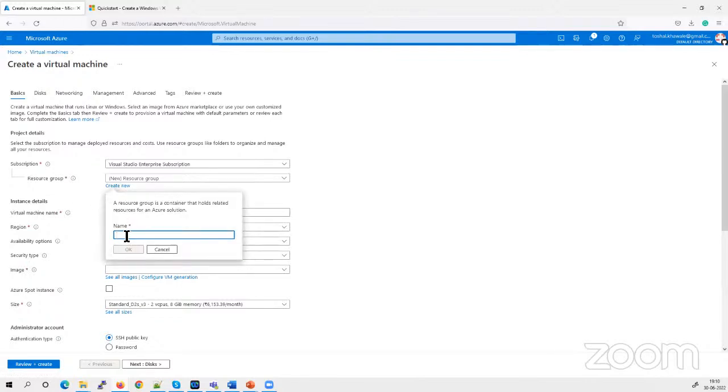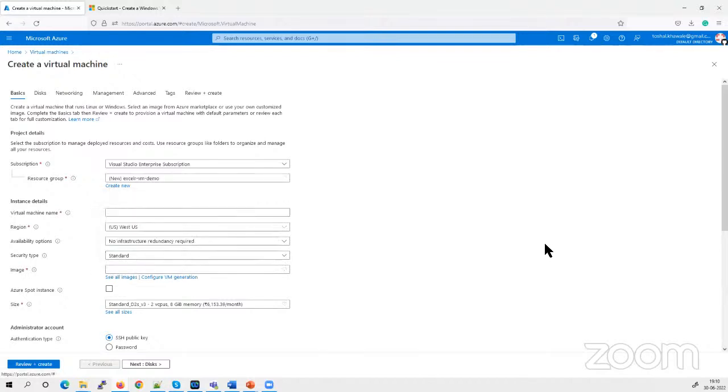I click on create new resource group. I will say ExcelR VM demo. This is the name of the resource group. Fine. Then I have to give the name of the resource. My ExcelR